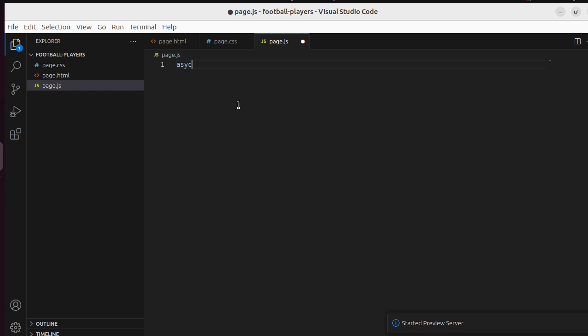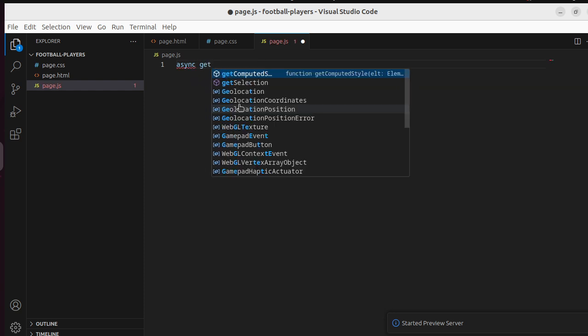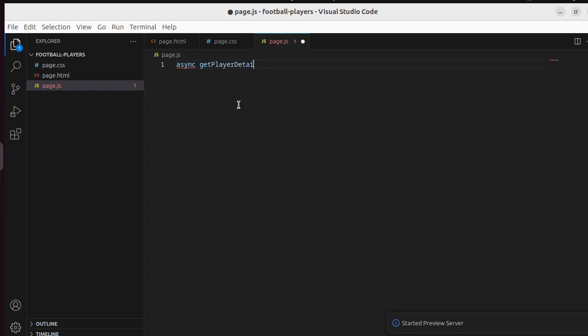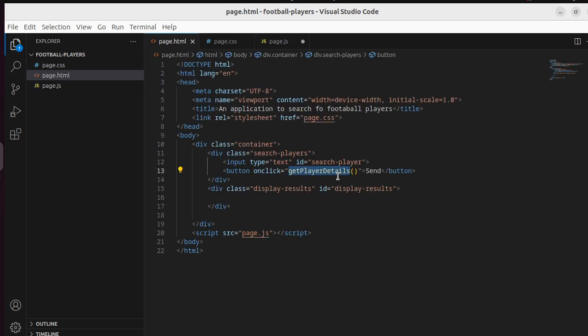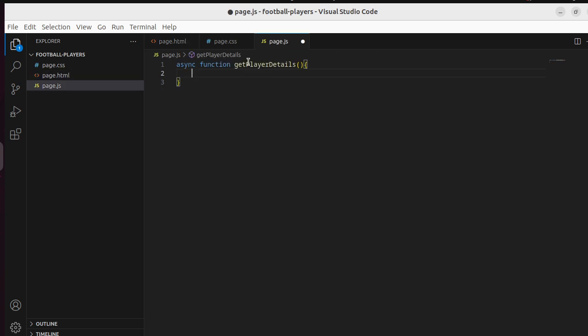So this will be an asynchronous function, get player details. So asynchronous function get player details. And of course this is the function that will be called upon clicking this. So from there, I will now need to go to